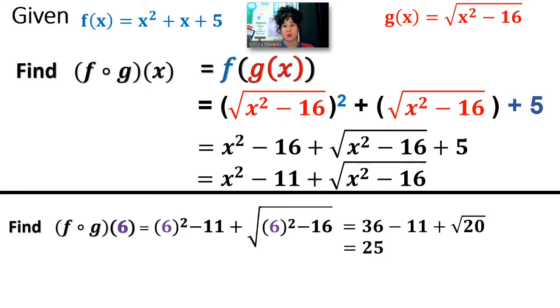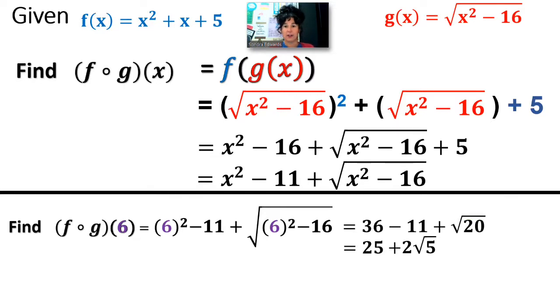All right, then we can combine 36 minus 11. The plus root 20, we want to simplify that. Little quick reminder, 20 is 2 times 2 times 5. So we have a pair of 2's, so we can take a 2 out front. And we end up with plus 2 square root of 5. So the answer is right around maybe 29.5-ish. Okay,